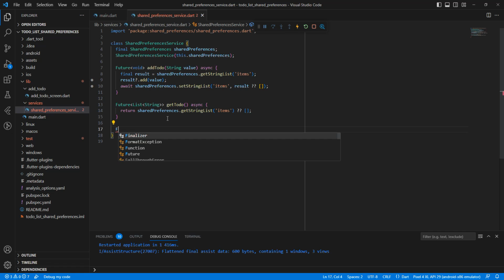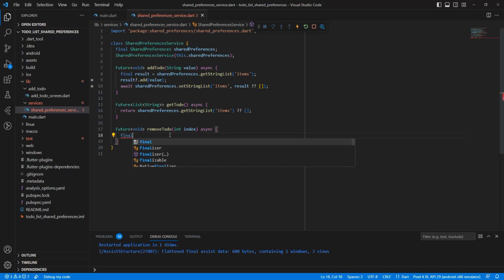remove todo. Future void removeTodo, int index, async, then final result